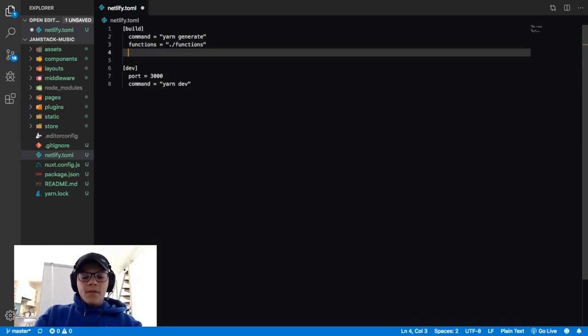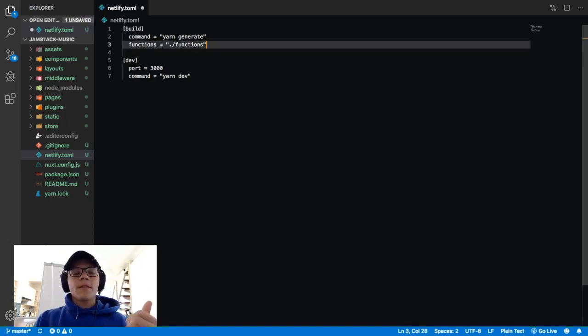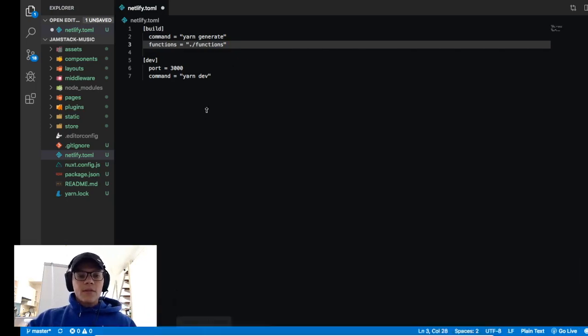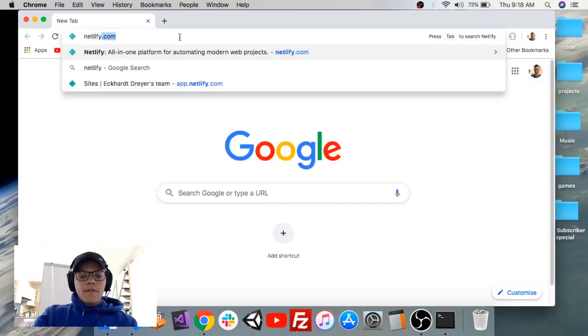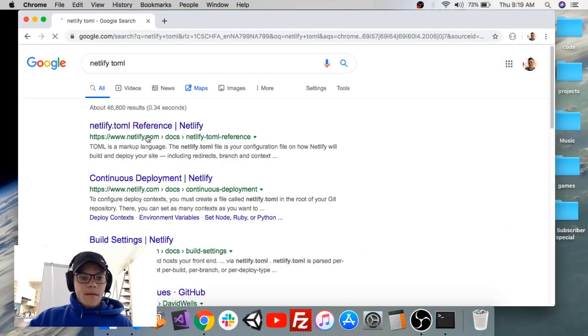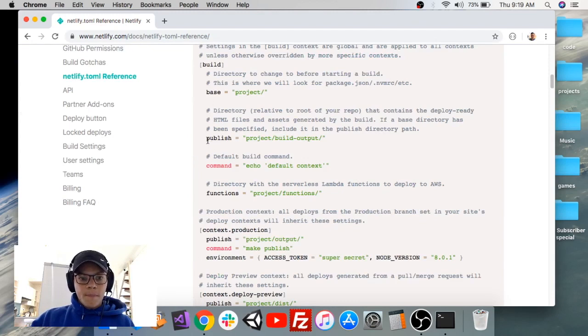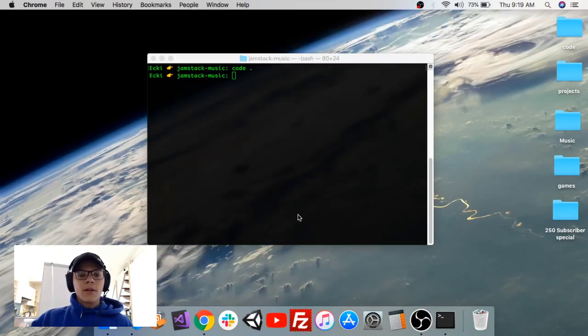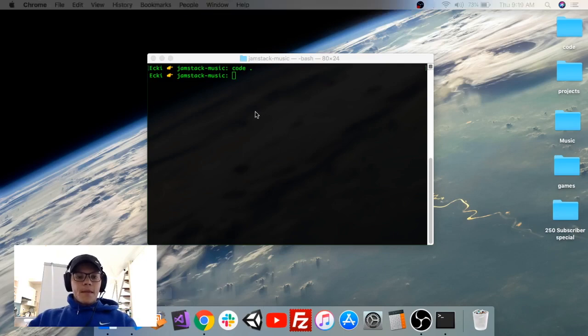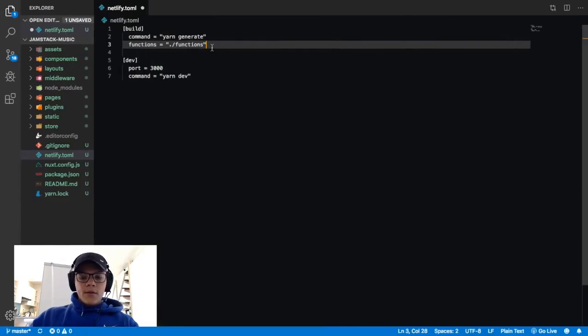I think it's called directory. I'm not sure, it might be publish. But I think the default is dist. Let's have a look on the Netlify docs, just to be sure. Netlify toml. And in the toml it says we need to use the publish. Yes, I was right on that one. Here we go, and we can use publish here